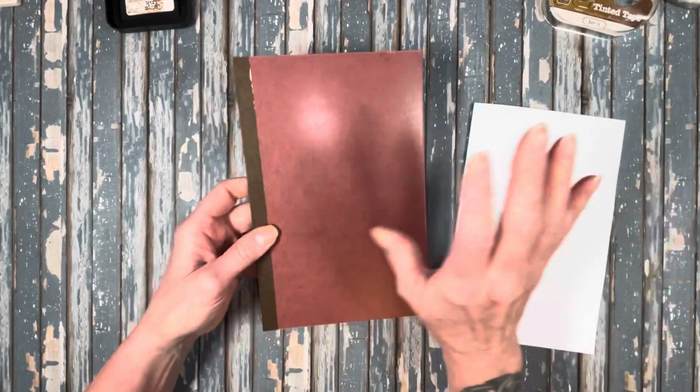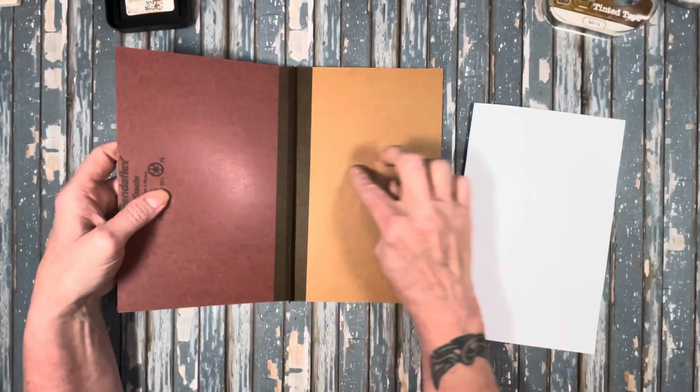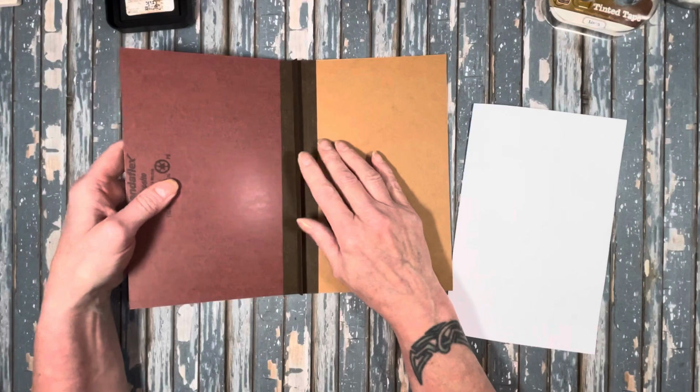So I showed you the tape that I used, which I thought was kind of fun. Let's talk about how to sew a signature into this. This is another one that I had cut up. This one measures 5.5 by 8.5. So I thought I would do something with this, but I'm going to definitely show you how I sewed the